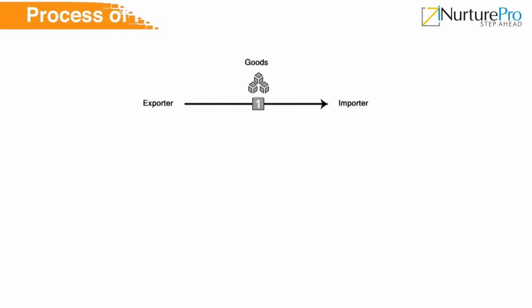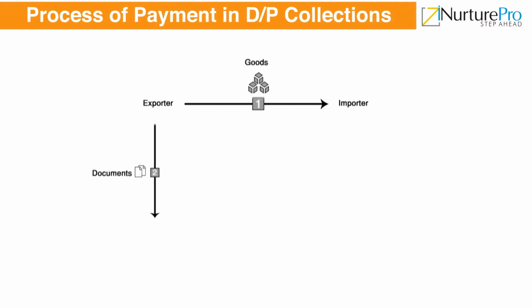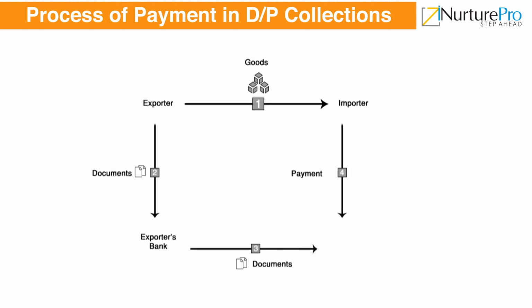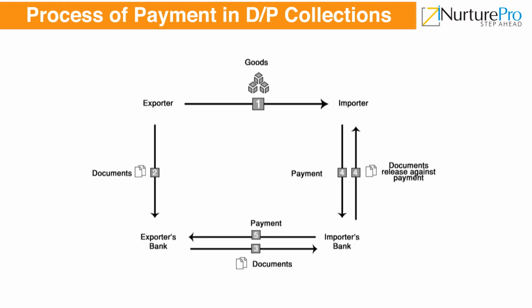The exporter ships the goods and forwards the document of title of goods to his or her bank. The bank then forwards the documents to the importer's collecting bank along with instructions on how to collect the payment from the importer. The collecting bank releases the documents to the importer only after receiving the payment for the goods. Upon receipt of the payment, the collecting bank transmits the funds to the remitting bank for routing the